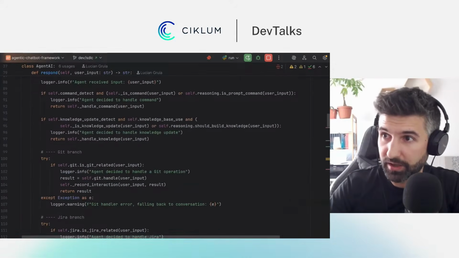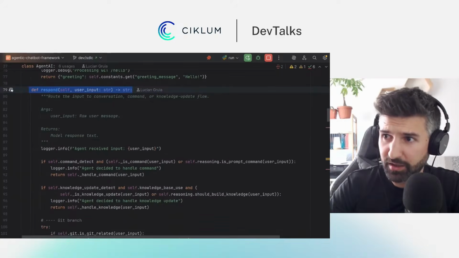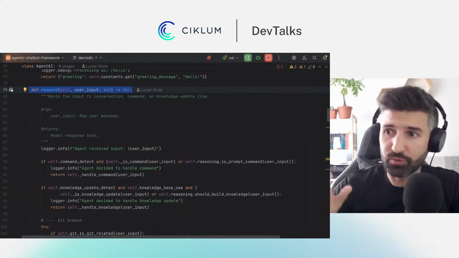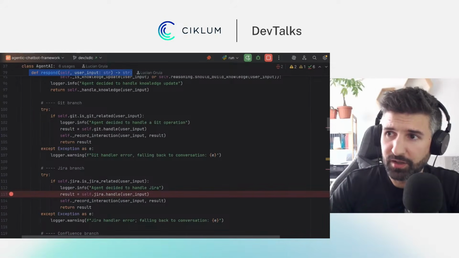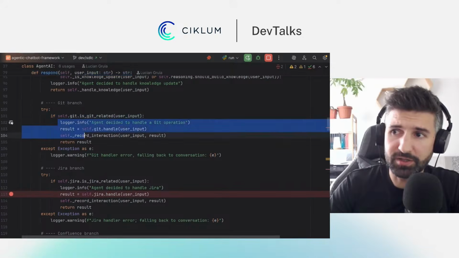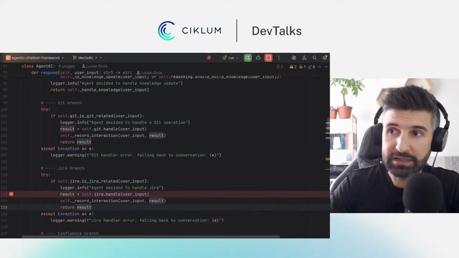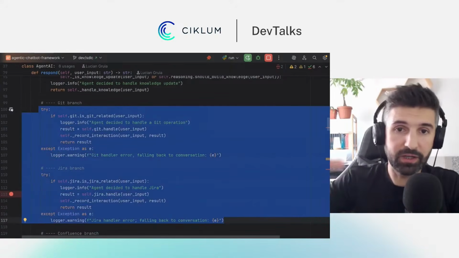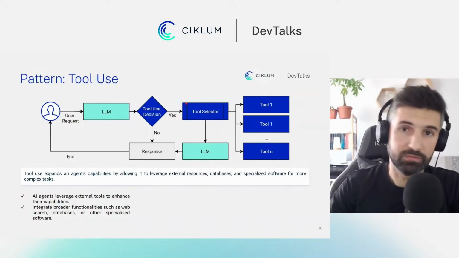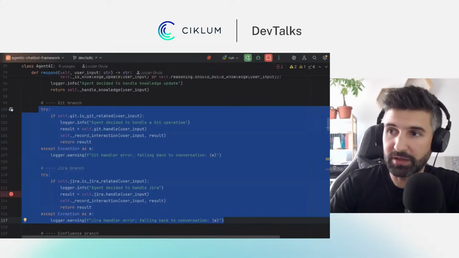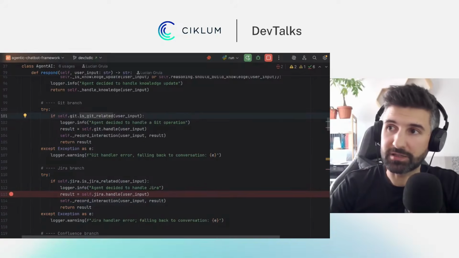So we're going back here in this respond method. Basically, we have the user input and we need to choose a tool. Here I have some branches, such as: is this Git related? Yes, process it with a Git request. If it's Jira related, process it with Jira, right? I could basically cover both of them in another method that does exactly this: select my tool, right? Tool selector selects the tool. I listed them both here, and let's see how the logic works, because the logic can be